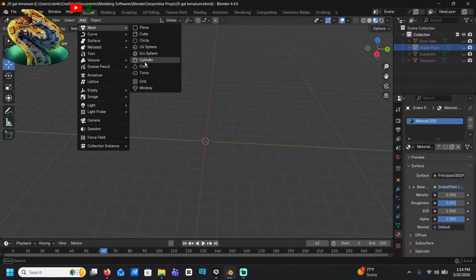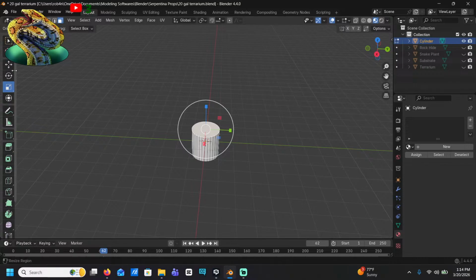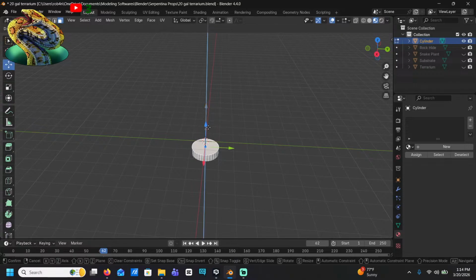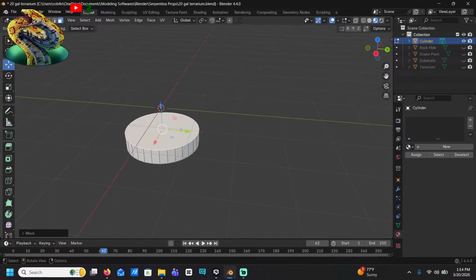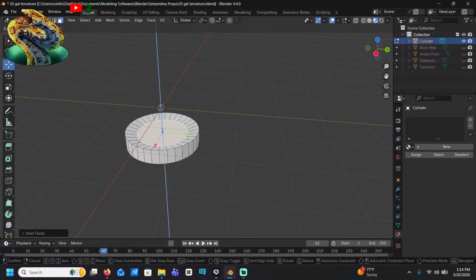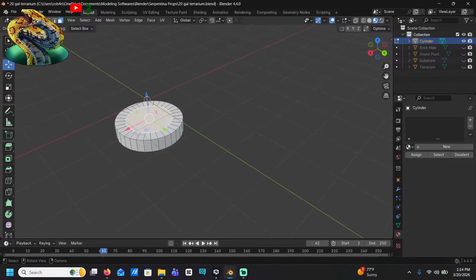Anyways, cylinder. Edit mode. Select face. Bring face down. Okay, and then I'm pretty sure it's on face that I do I. Yeah, it is. Cool. Then I do this. That's not really what I intended. Hold on.